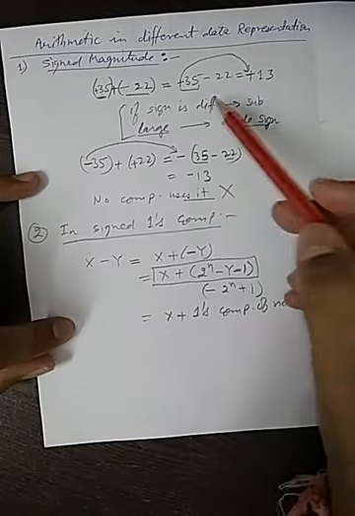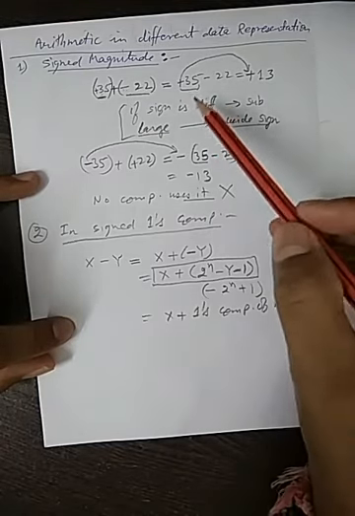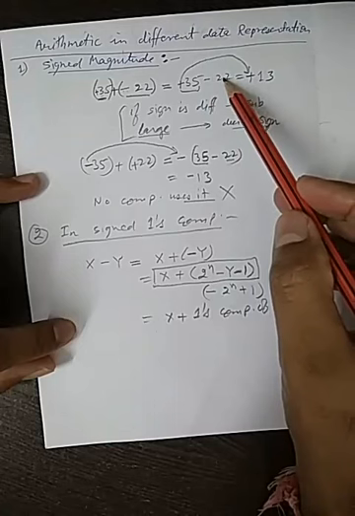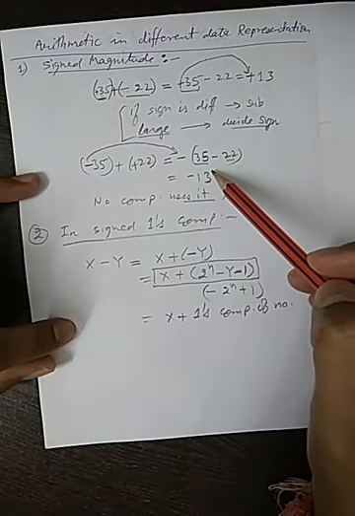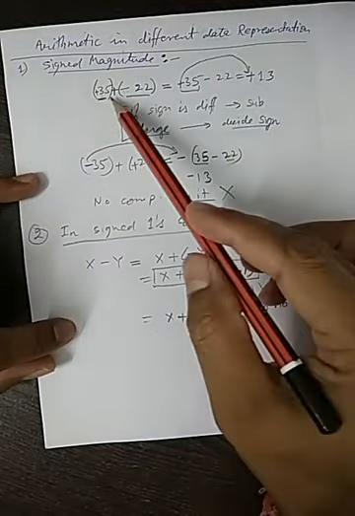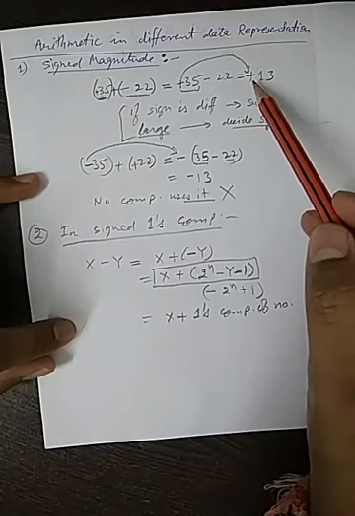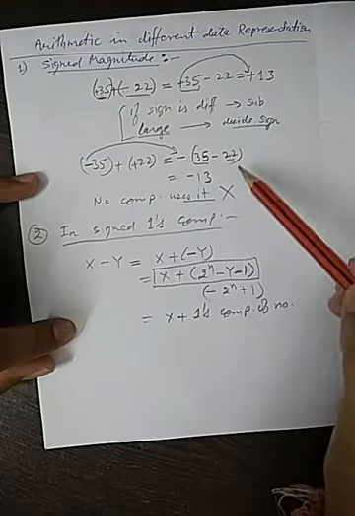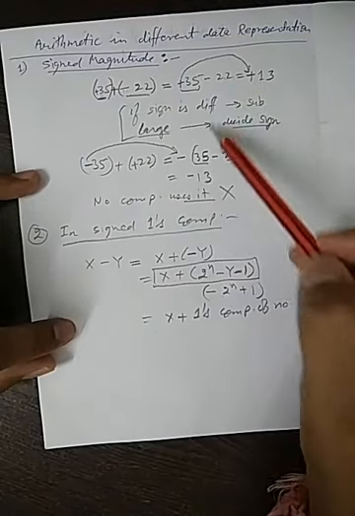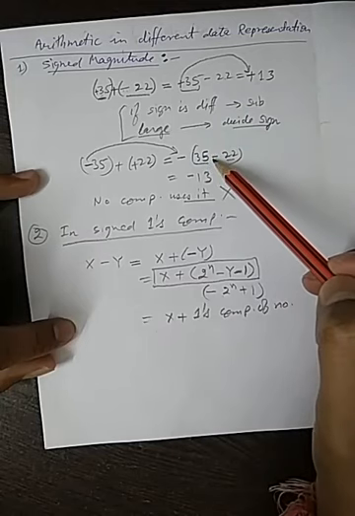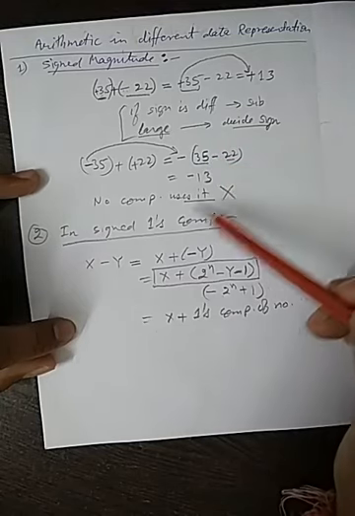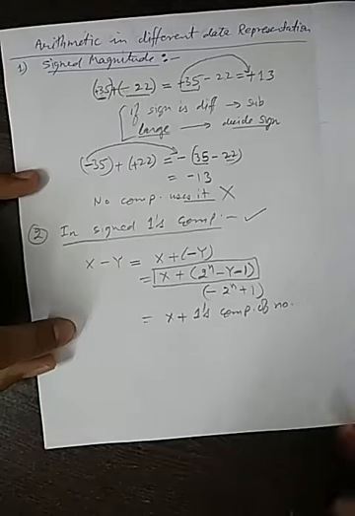One more thing over here. In the case of sign magnitude, we can see sometimes we need to add the numbers, sometimes we need to subtract the numbers. If the sign is the same, we need to add the numbers. If the sign is different, we have to subtract the numbers. This means addition and subtraction, these two operations, are required. So let us see what happens in the signed 1's complement.